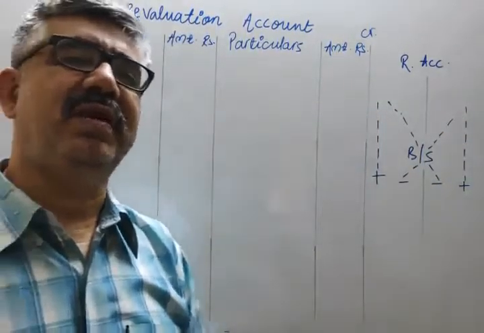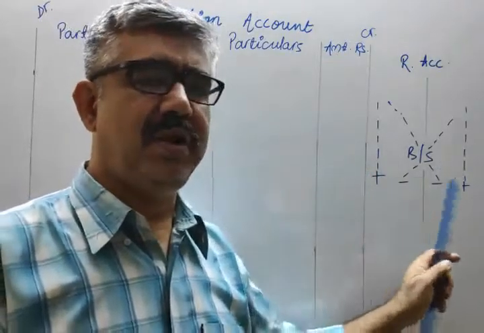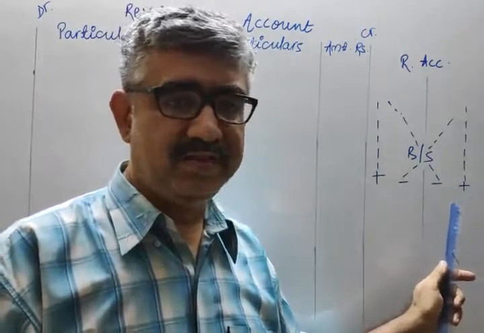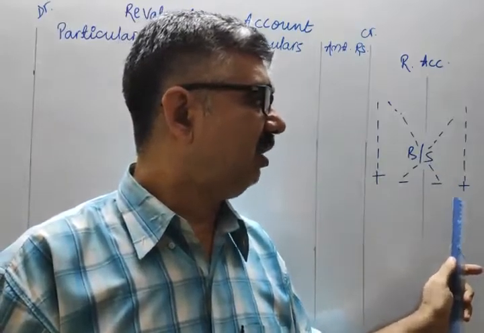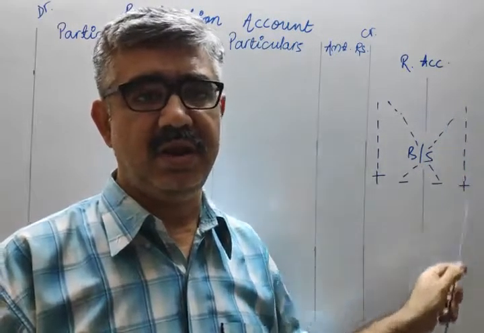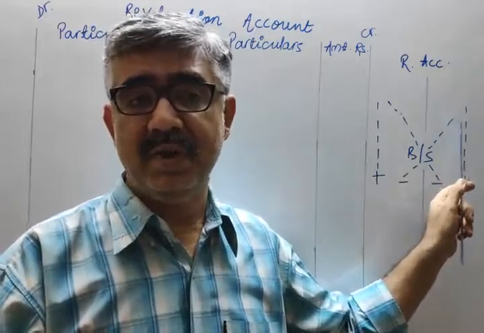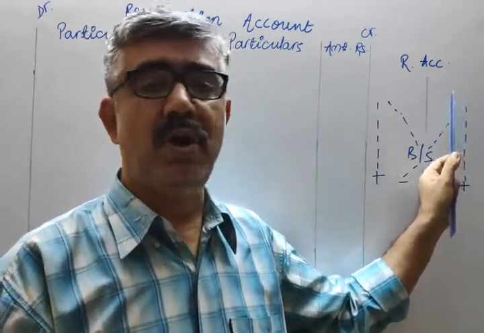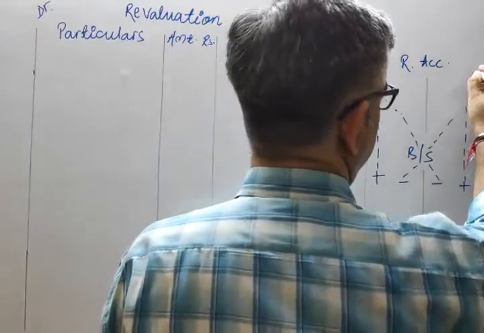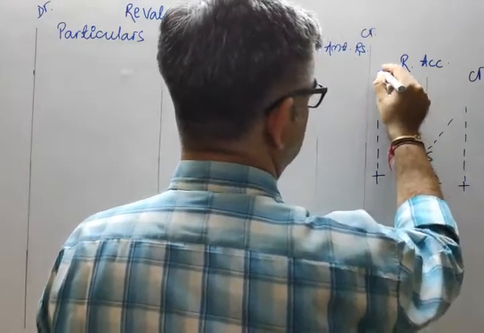Very quickly, let's revise the concept. Why plus straight and minus cross? Plus on the asset side: if asset balance increased, it is our benefit, and benefit should be on the credit side. Here it is your credit, it is your debit,